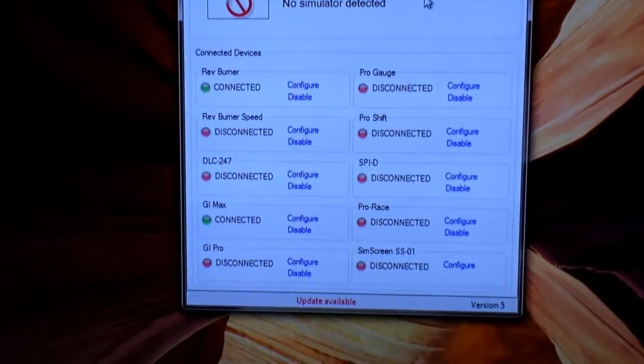So firstly, we can see that the actual GIMAX is connected. And you can see that on the actual indicator itself, because it actually comes up with the N symbol for neutral. So we know we've actually got a connection. So now we can actually go into the configuration settings,